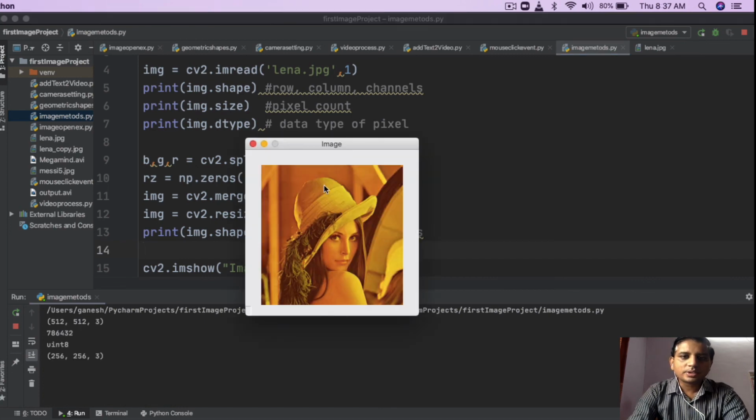Okay, so you can see here my image gets smaller. The very first size is 512 by 512, and now it is 256 by 256. So in this way you can play with different properties of your image, and you can resize the image as well as split the different channels present in the image.